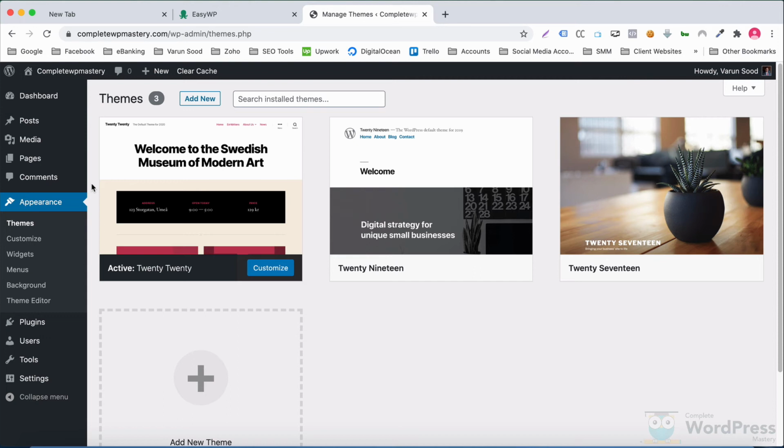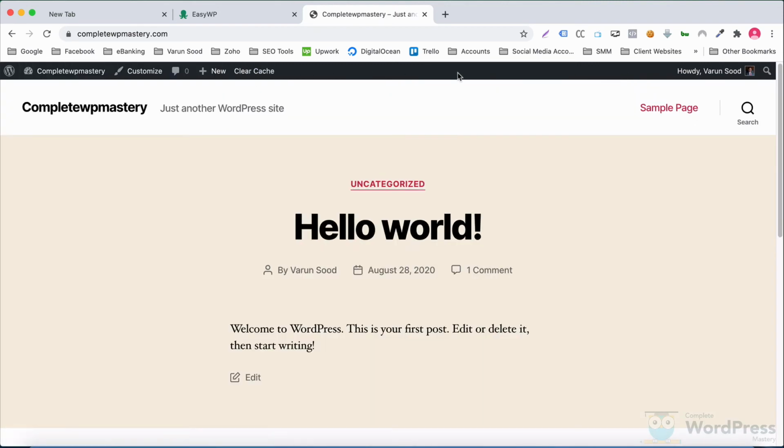Another important component to discuss is the WordPress toolbar. It is a small bar at the top of your screen that's present both when viewing the live version of your website and when browsing the WordPress admin panel. Keep in mind that regular visitors to your website will not see the WordPress toolbar. But if you're logged into WordPress, you will see a floating bar like this on every page on your website. You can use the various options available on the toolbar to quickly perform actions, no matter where you are on your site.